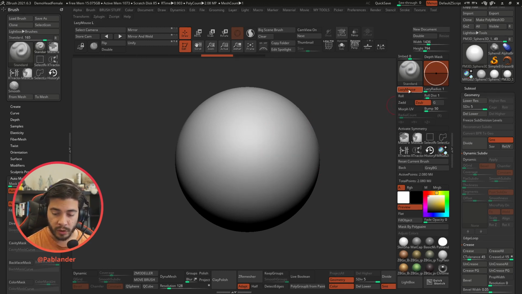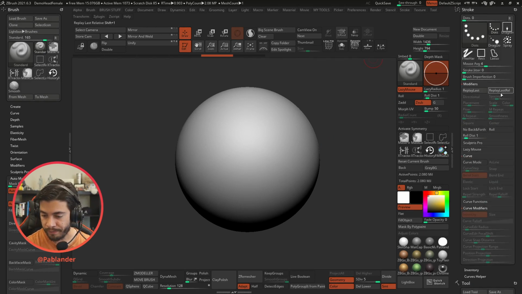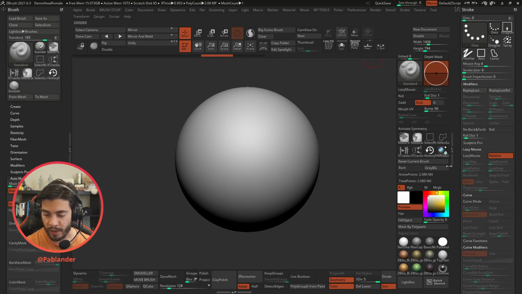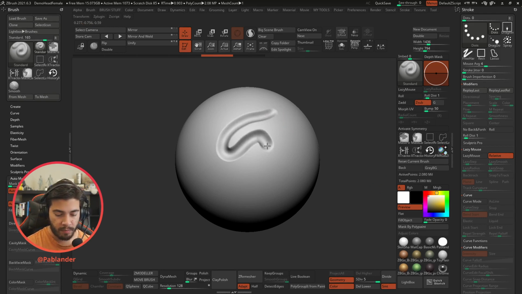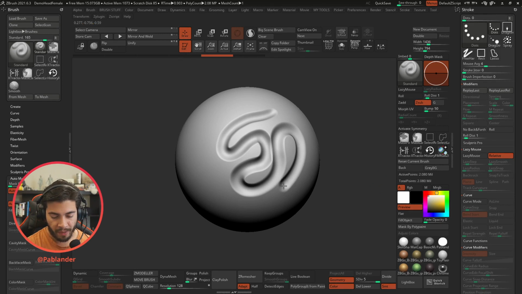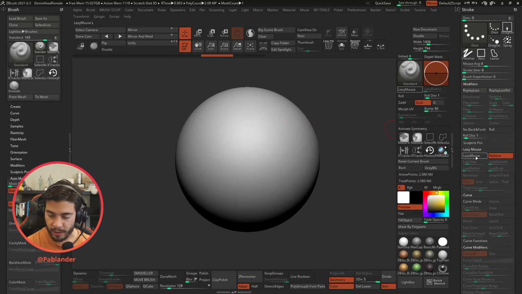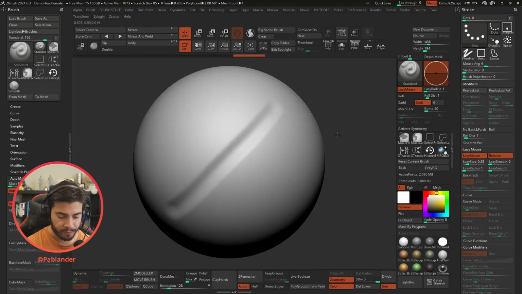The other thing is you can turn off the lazy mouse. If you go to the stroke palette, and you open up the lazy mouse section, you can turn that off. The lazy mouse allows you to have a lot more control on your strokes, but as soon as you turn it off, it gives you a smoother path, right? So if I compare something with the lazy mouse, which again gives you more control, let's do a bit more pressure.